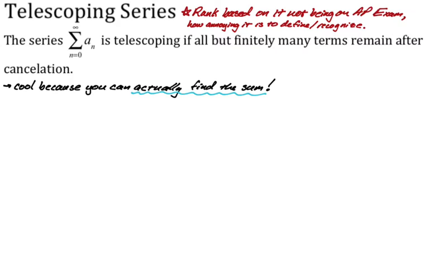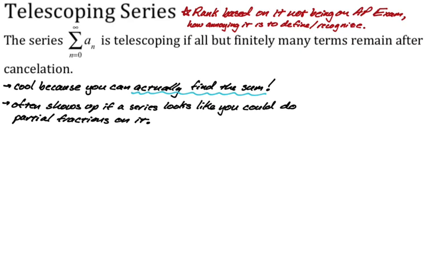There's a lot going on with finding the sum. Mostly we're concerned with, does it converge or diverge? This type, you can find the sum. The other thing is it often shows up if a series looks like, if a sub n looks like you